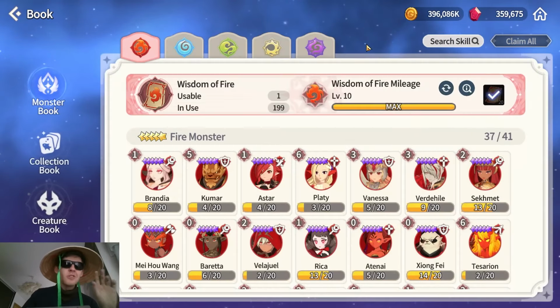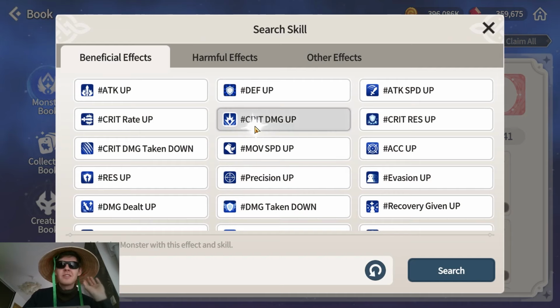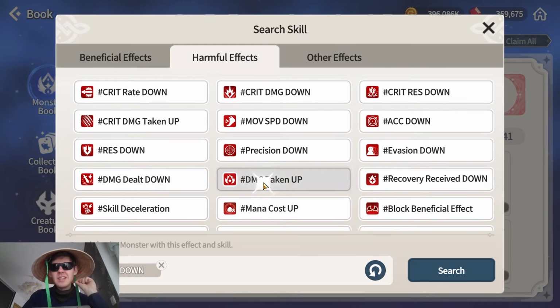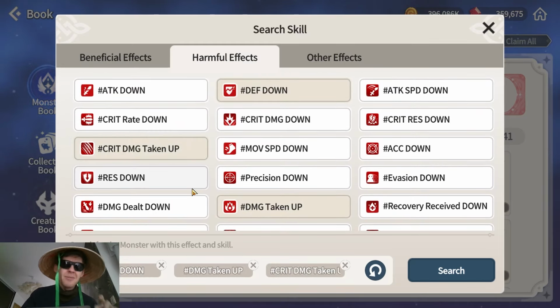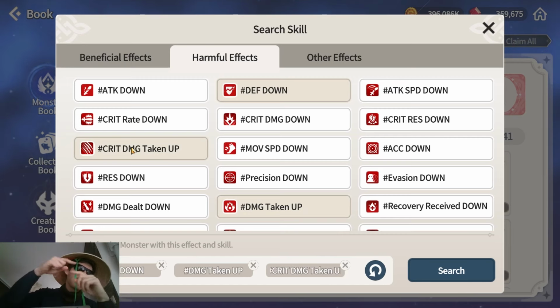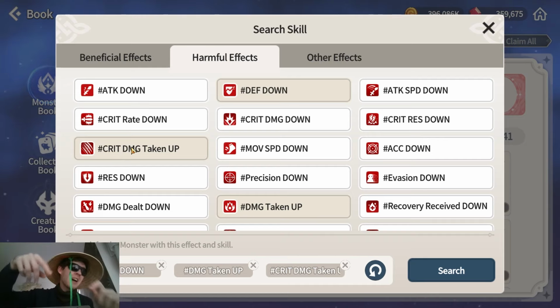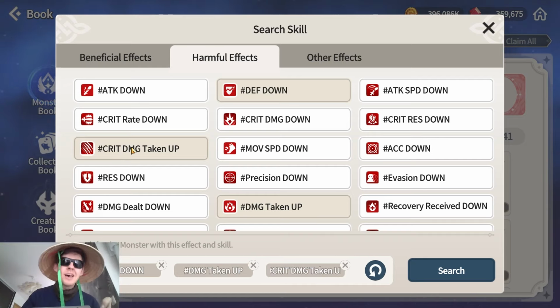So for buffs, you need attack and damage dealt up, and crit damage being optional. For harmful effects, you need a bit more. So you'll need defense break, you will need damage taken up, and you'll need crit damage taken up. Now, crit damage taken up, unlike crit damage up, this one does stack beyond the 400 crit damage cap. So even if